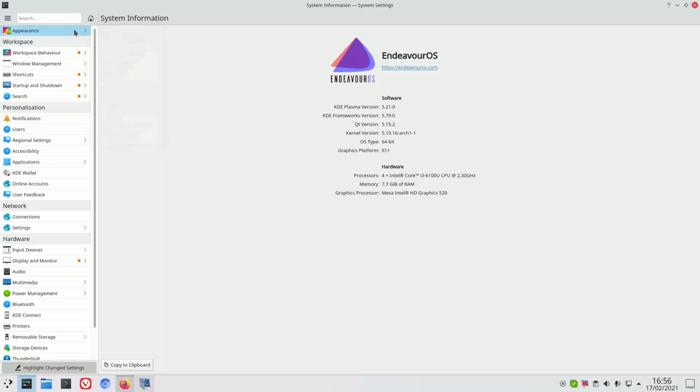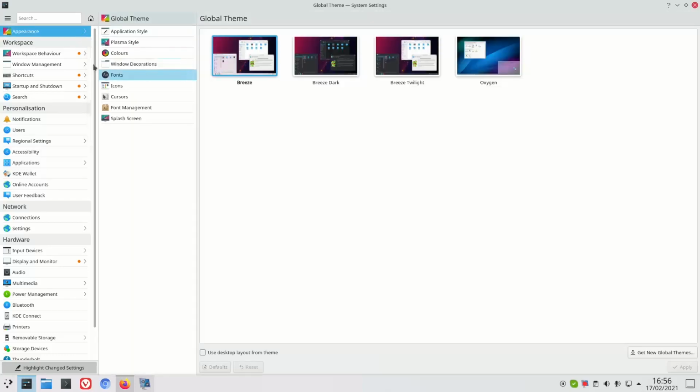So it's a bit of a tricky one to navigate, but if I click into appearance, obviously when you hover over it, you do get the options come up. If you click into it, you actually get it open up as a kind of a full screen view. And then if I go into, obviously here under the global theme, which loads up by default, we've now got a new theme called Breeze Twilight. Currently right now you're just looking at the standard out of the box Breeze theme, but here we have Breeze Twilight, which is new to 5.21. So if we click into Breeze Twilight and apply that theme now,